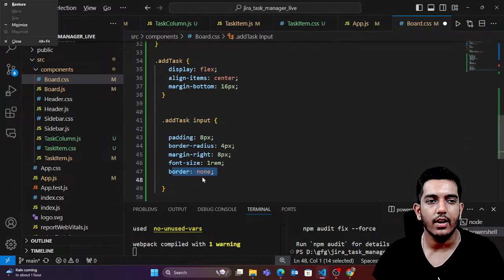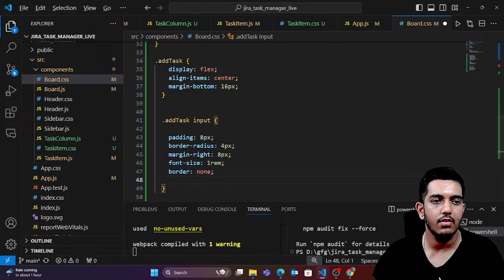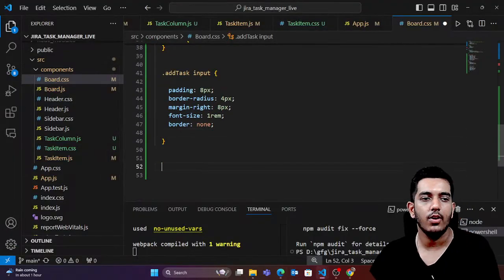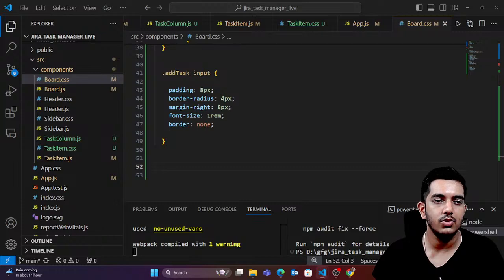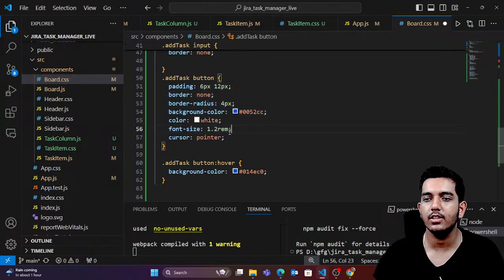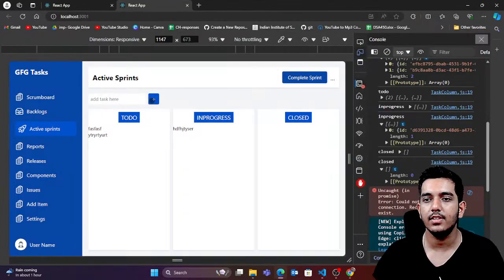Okay, you can see that now it would look like this. Okay, that's it. Now what else you want is, I want to style the button. So whenever I see the button, I want to simply say it would have some padding, border radius, background color, some font size. So you can see that this is the button. Okay, so now if I add a task, again if I add a task, so you can see that now